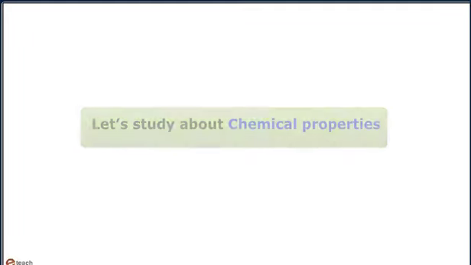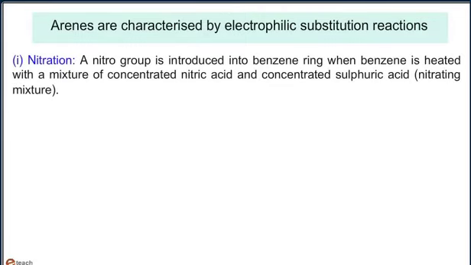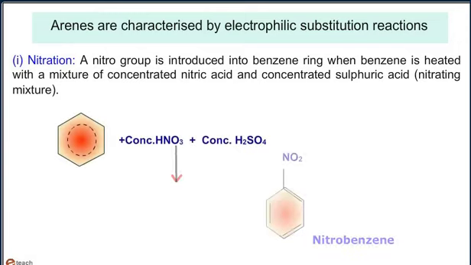Properties. Arenes are characterized by electrophilic substitution reaction. The first reaction is nitration. A nitro group is introduced into the benzene ring when benzene is heated with a mixture of concentrated nitric acid and concentrated sulfuric acid, that is, nitrating mixture. For example, the reaction C6H6 plus concentrated HNO3 plus concentrated H2SO4 gives nitrobenzene, that is